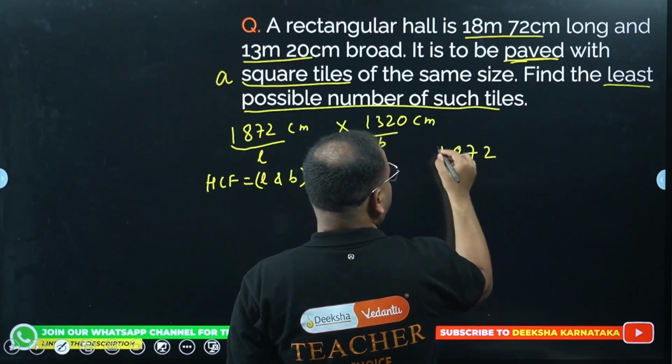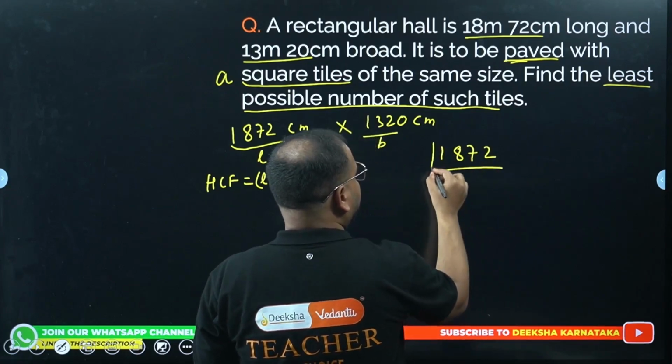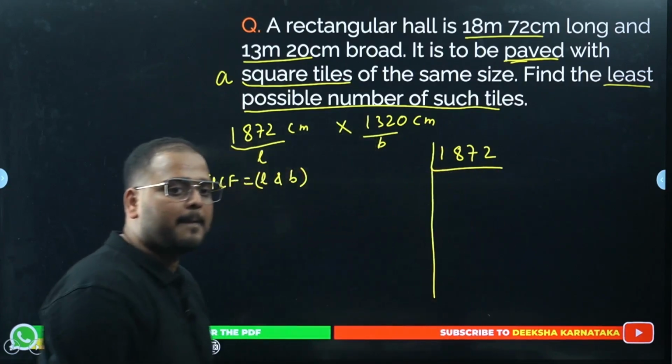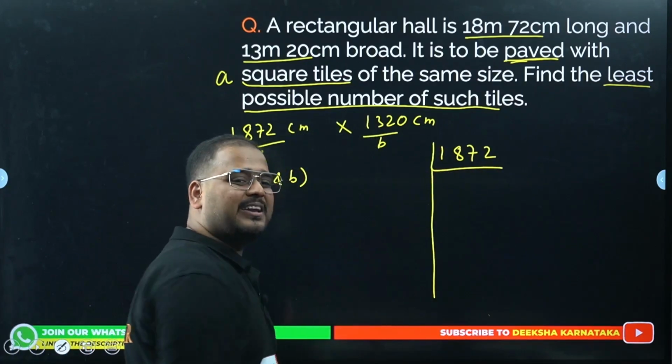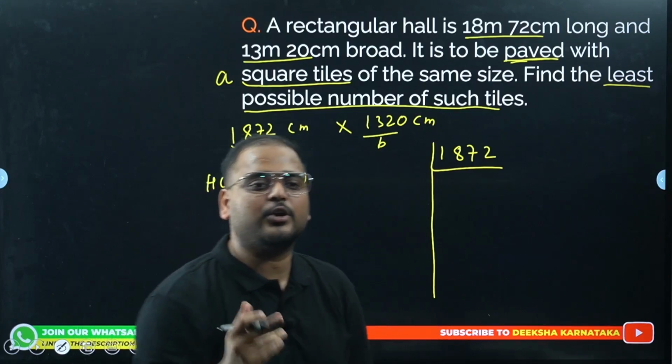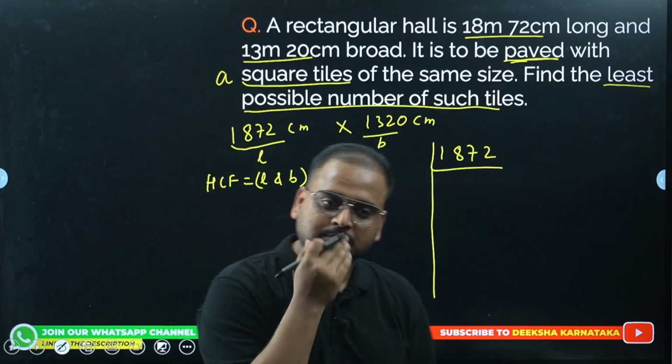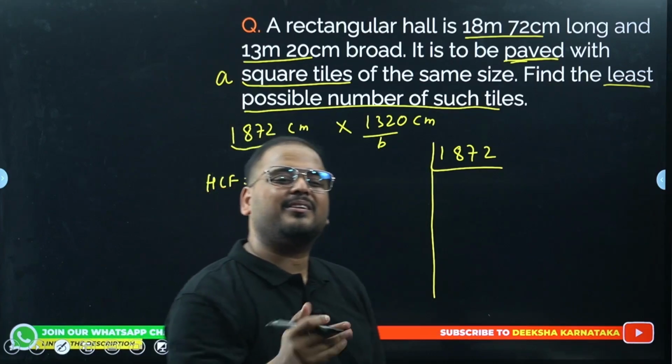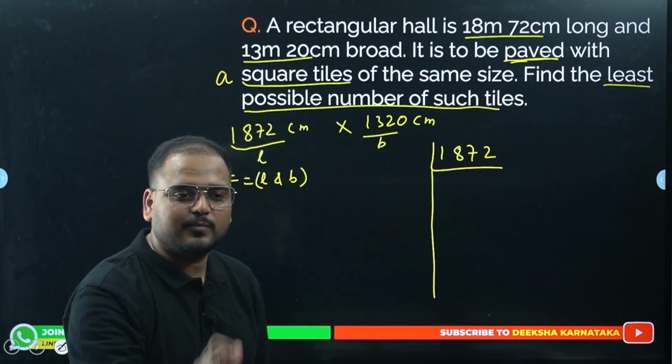1872. This might be a little bigger. We'll try. So we'll not take prime numbers here. We can, because we want to get an answer, right? We don't need to use a prime factor form here. We can do the factorization, but with the easiest way, the smallest number we can take.